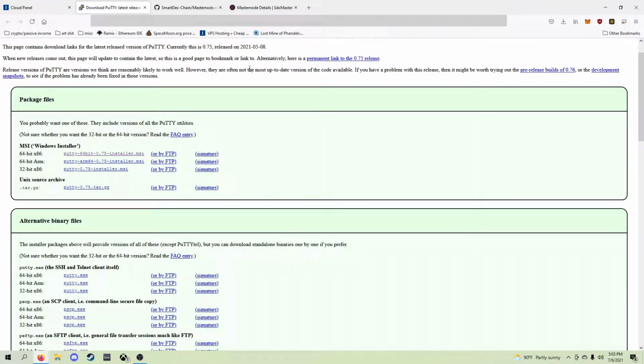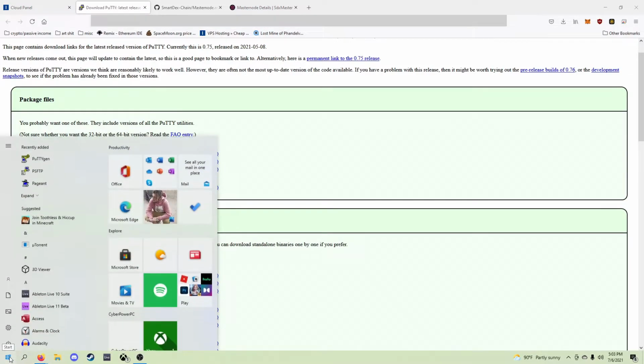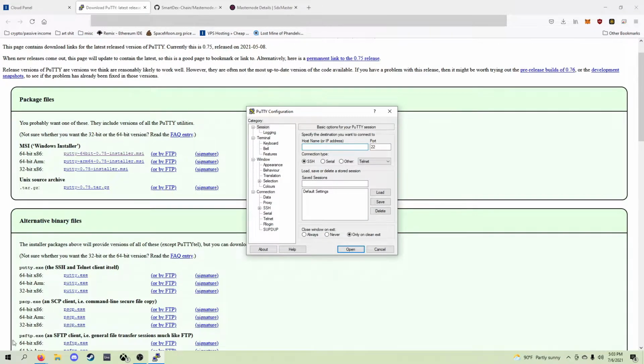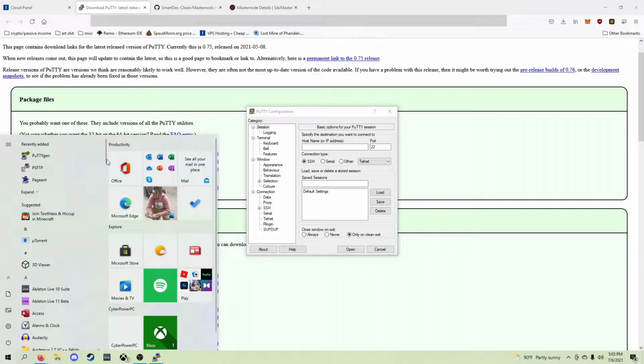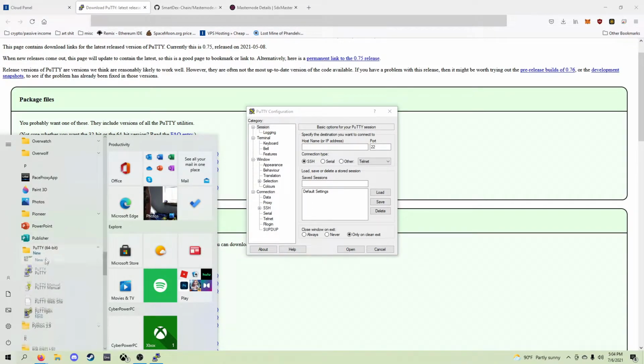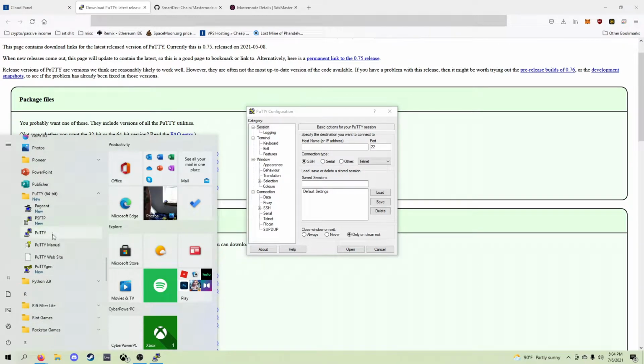This is an application where you can connect to your VPS and send it commands over an encrypted server. Once you're done downloading that, you're going to open it, and you're going to get a bunch of different things. But the only thing we really care about is this PuTTY